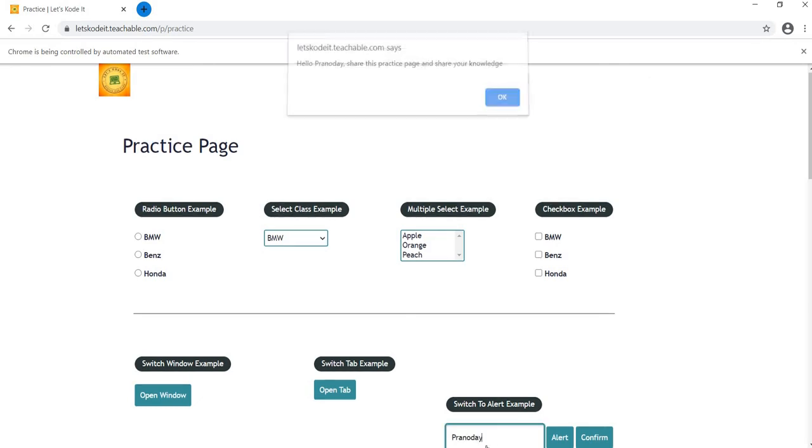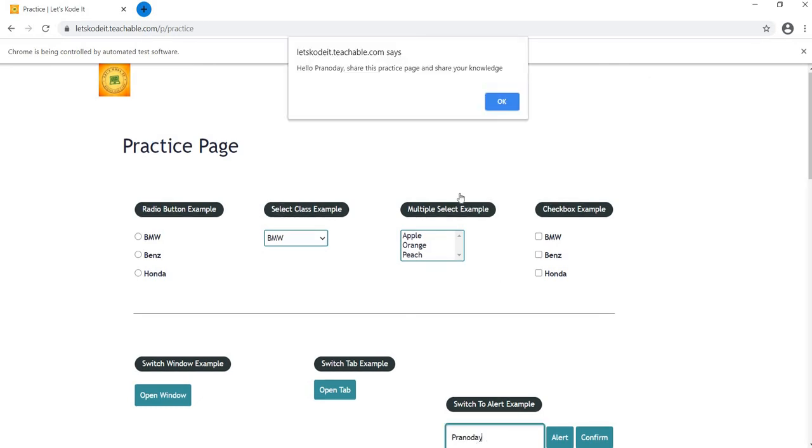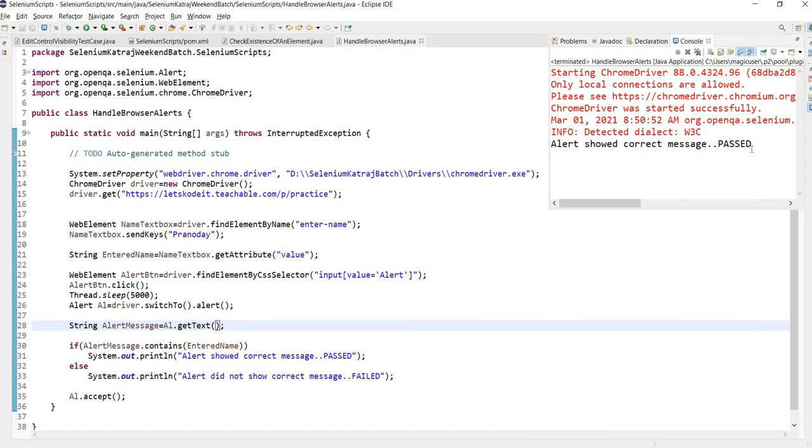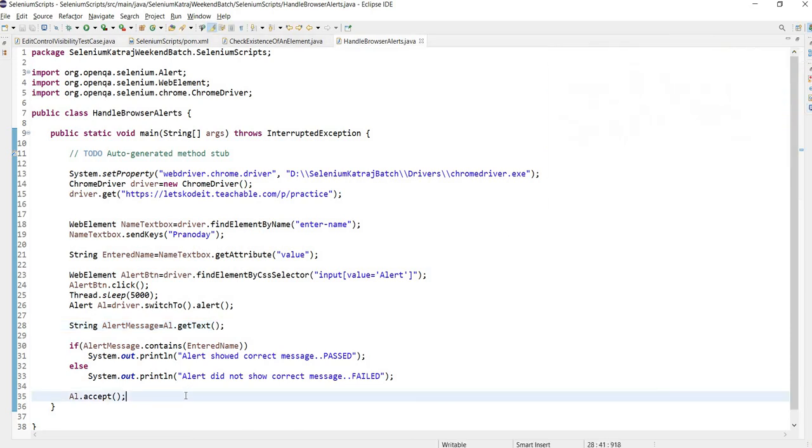Now you can see the value got entered, the alert got opened. Now it is waiting, our verification is done, and the alert also got closed because of this accept call.